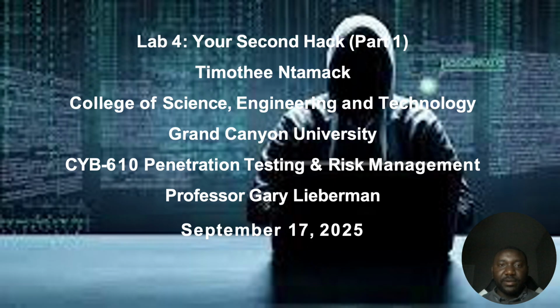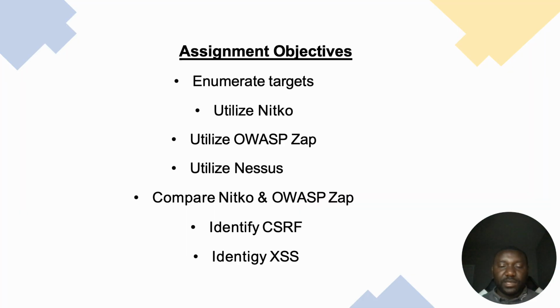And today we'll be talking about Lab 4, which is our second half, part 4. As the assignment objective, we have to enumerate the target, which is the Metasploitable 2 machine, and then we have to use Nikto, OWASP ZAP, and Nessus to discover the vulnerabilities, and then we have to compare Nikto and OWASP ZAP, and identify and define